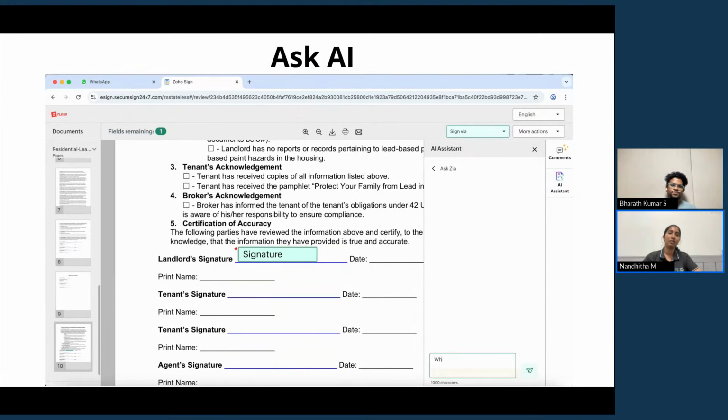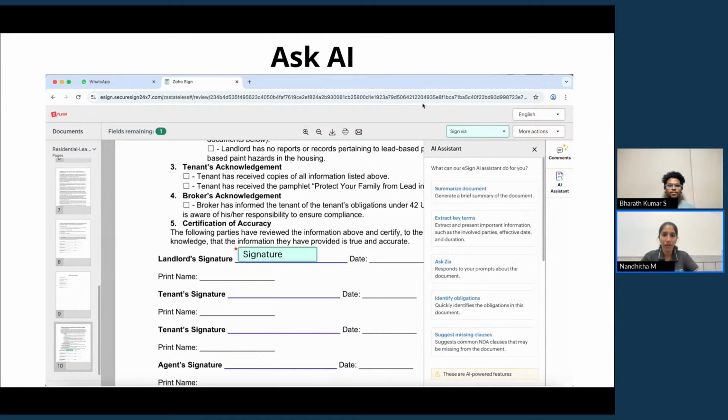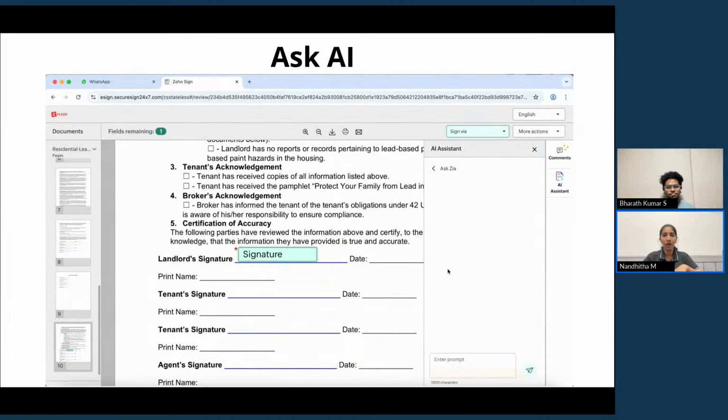So I thought, see, it only contextualizes what is inside the document. It won't be able to find it out. But when I asked the AI assistant here, is there anything informal or unprofessional as part of the document? It was able to pull it up. So I was really surprised at how strictly it goes through the document and understands only the context of the document and then delivers a response.